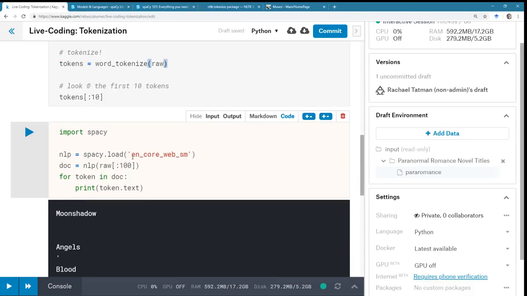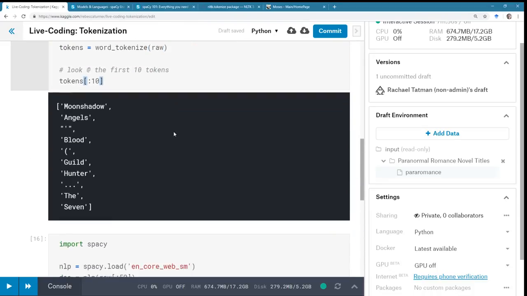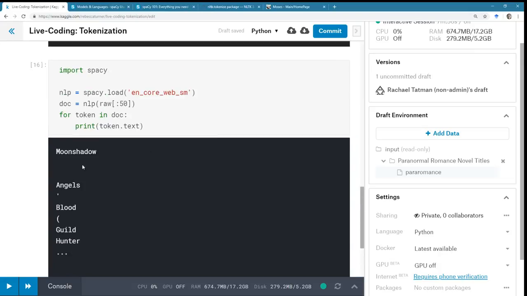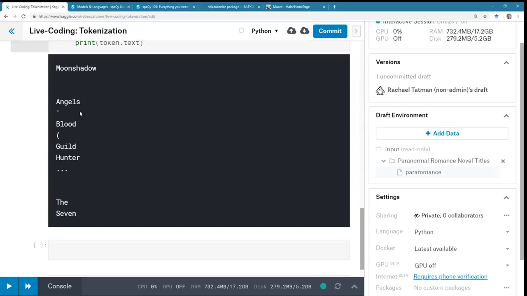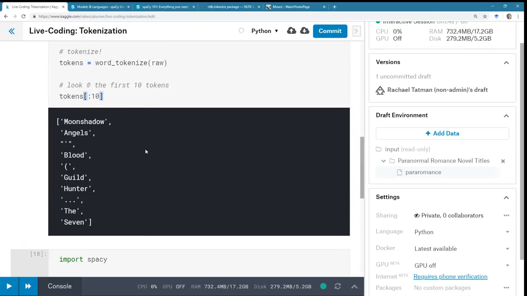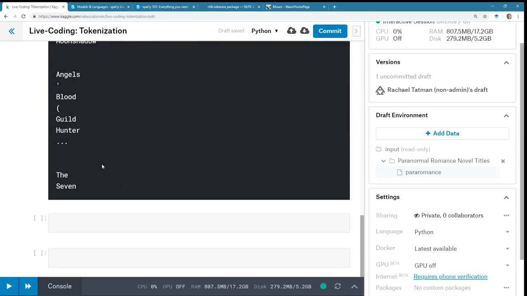And I'm actually going to do the first, let's say the first 50, just so we get more parity. Let's see. So let's do 51 so we get parity. There we go. So each of the tokens is on a new line. You can tell that these are in slightly different data structures. And like I said, each tokenizer is going to give you output in a slightly different data structure because it's designed to be plugged into a different pipeline.